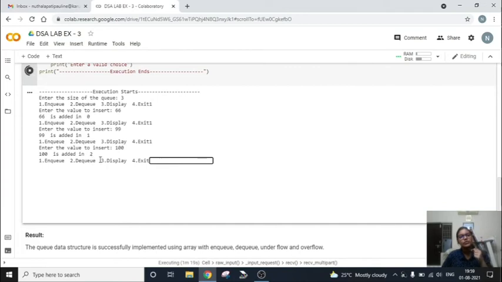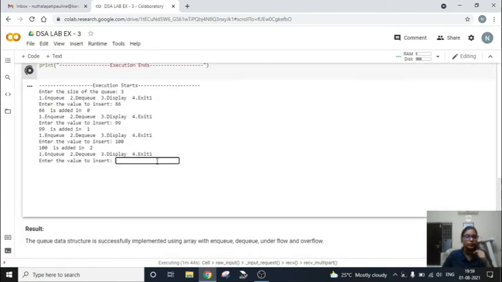So position number 2 is nothing but the size is actually 3. So index 2 is the final slot which is going to accept values. Other than this, it won't take values. Let's see how it will give the output if you want to insert another value. Let me enter NQ again. It is asking us to enter a value for insertion. Let us give 77.